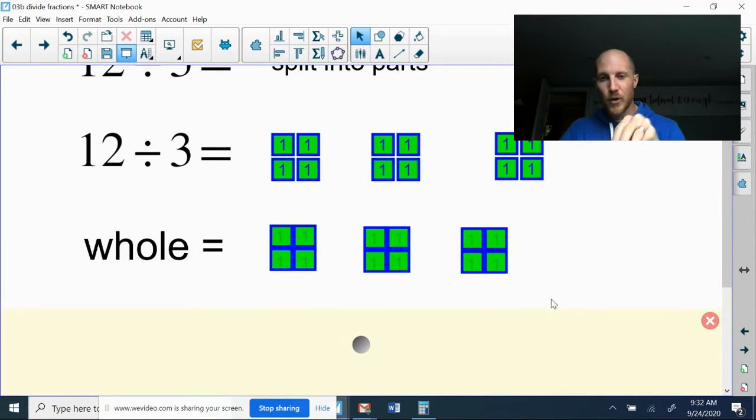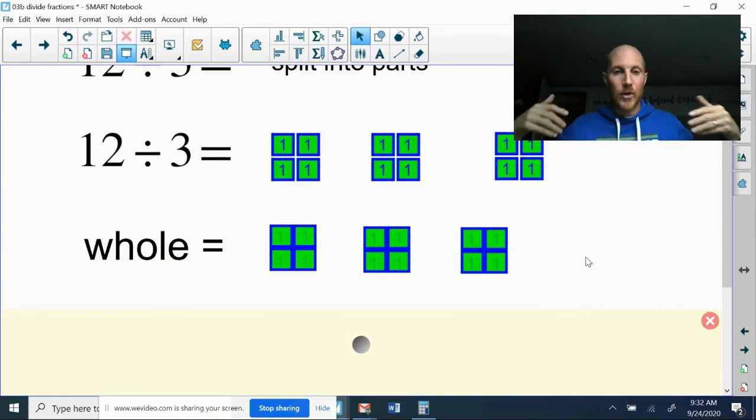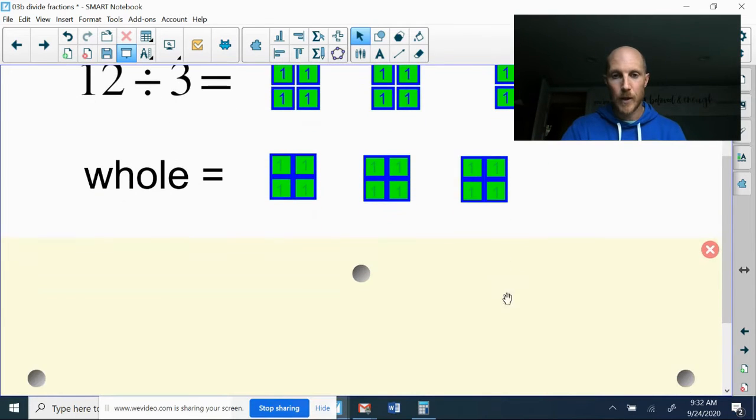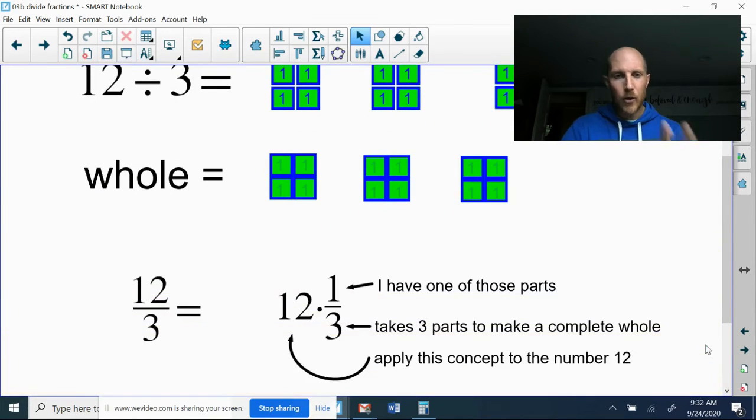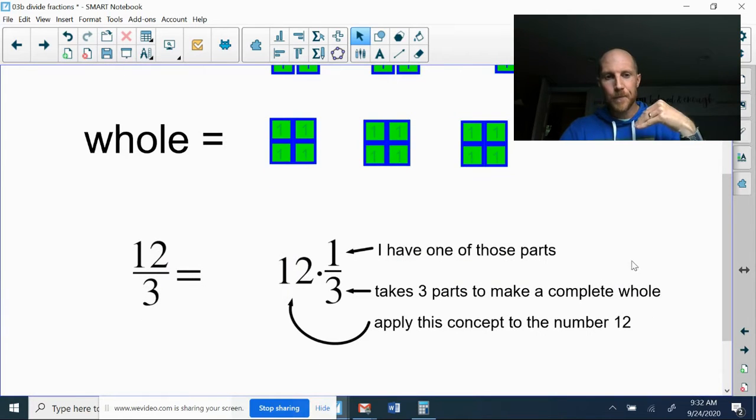Okay, so that means if I took all of those pieces, even after I split it into parts, that represents the whole, right? And another way of looking at division is to say,